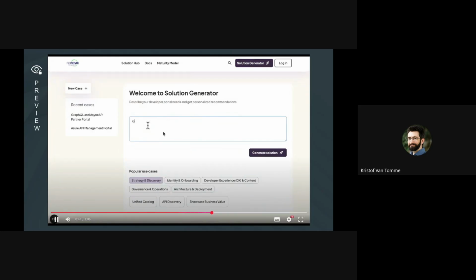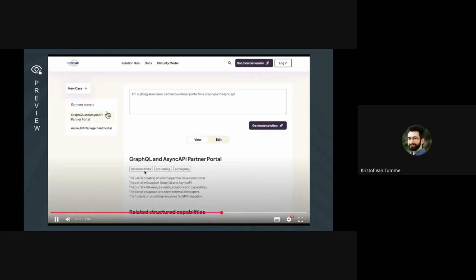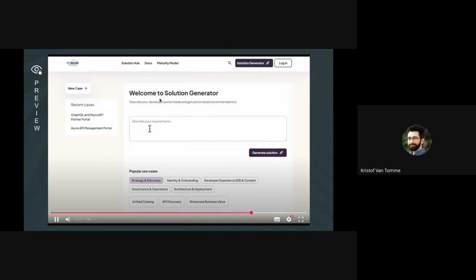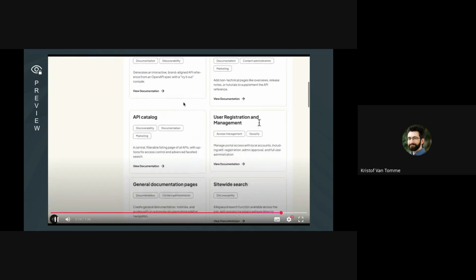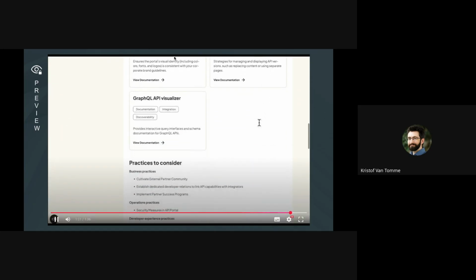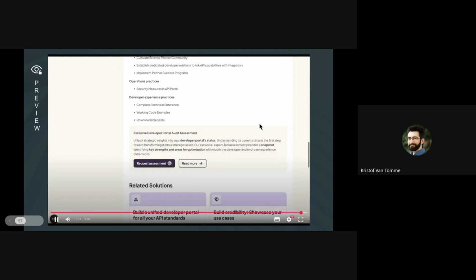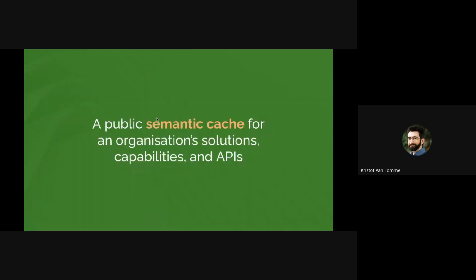It also has a solution generator, and there are a couple of different purposes for a solution generator. But this one is a solution outline generator, which is kind of like a technical solution creator that will search through the catalog based on a free-form intent query from a customer to come back with recommendations about what capabilities and what solutions you might be interested in. Now, just to make it tangible, because otherwise I'm just talking into the air,